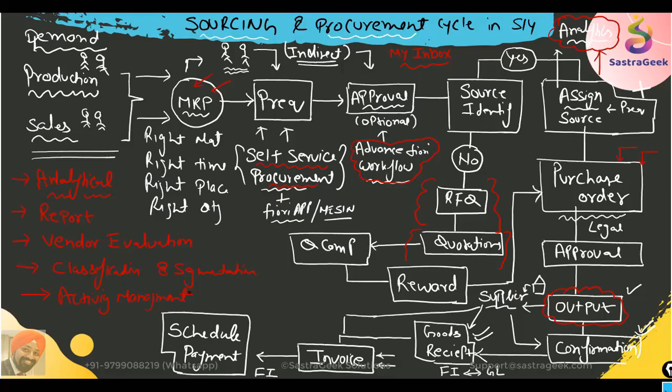When we run the end-to-end scenario, we'll put in multiple flavors. We'll try to buy a raw material. We'll try to buy a indirect material. We'll try to buy some services. We'll try to do the scenario with vendor returns. We'll try to do a scenario with vendor consignment. We'll try to do a scenario with subcontracting. So all these flavors would be added to this process. This is a simple process, and we make it more complex.